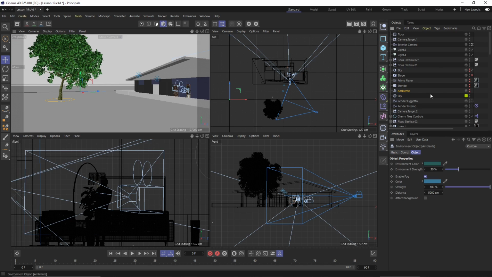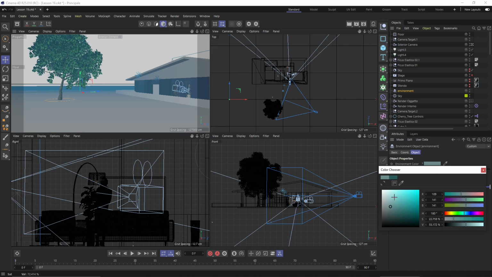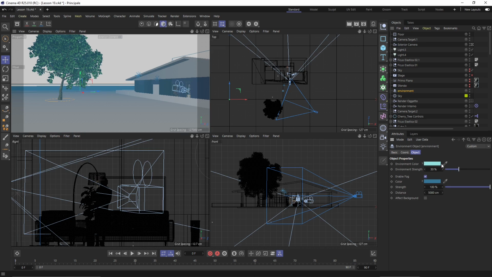Before we get into that, I want to show you the others because they are simpler. For example, this is the environment, which is essentially, you can see here a fog that you can use and an environmental color that you can use. And then you have a strength here.